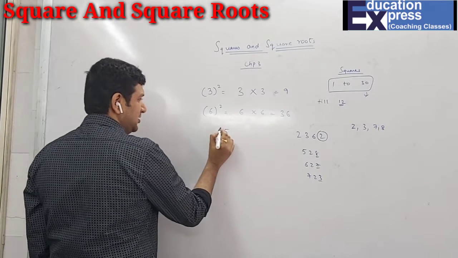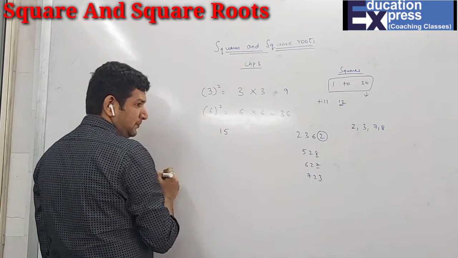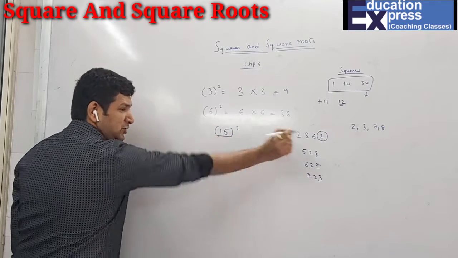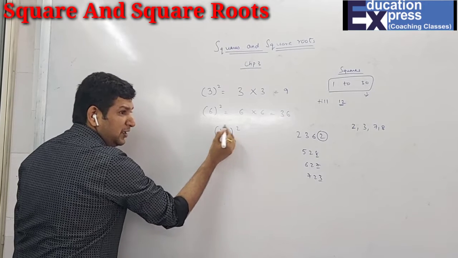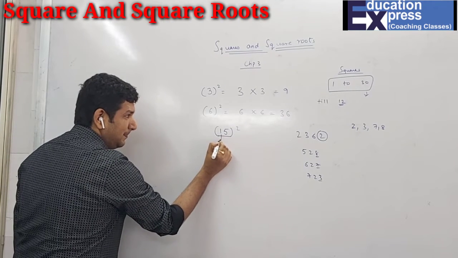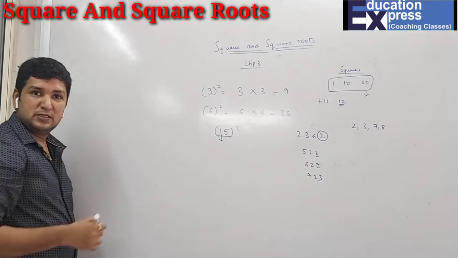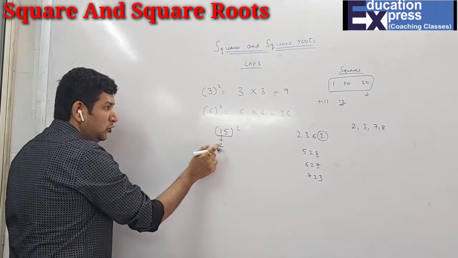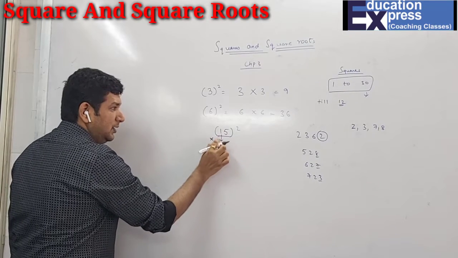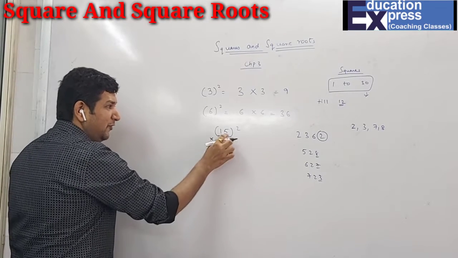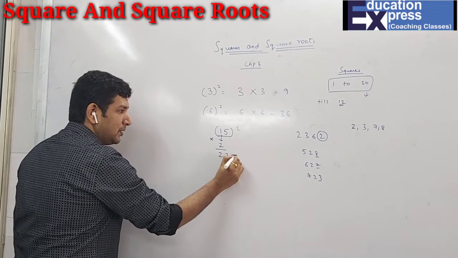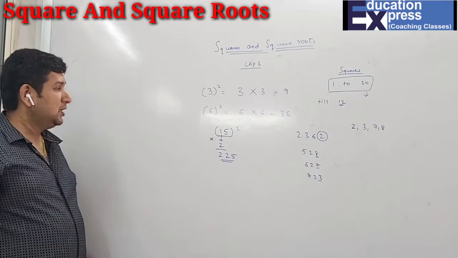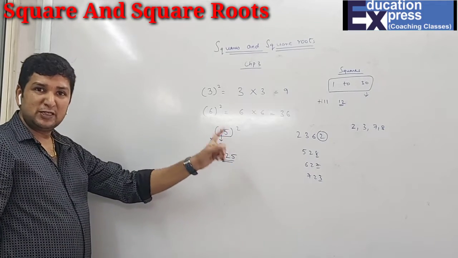In case you want to find the square of 15 only, chalo. So now you have to just take the number which is other than the 5, that means 1. After 1 what comes? Obviously 2. Now 1 into 2, 1 into 2 is how much? 2. And square of 5 is how much? 25. Hence the answer is 225. You can do any particular sum which has 5 as a unit place by this method.